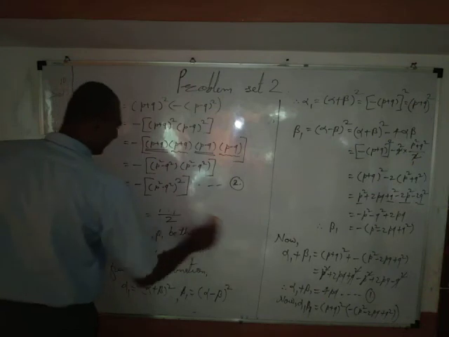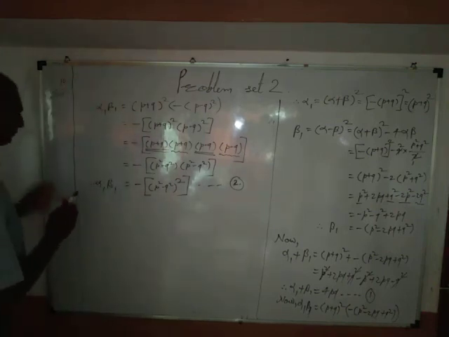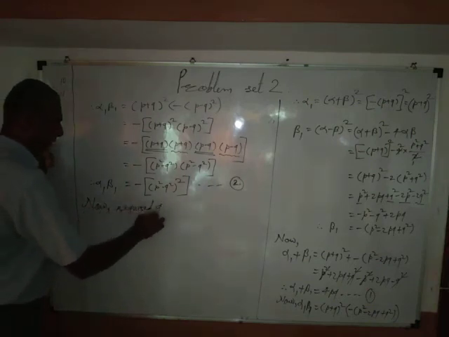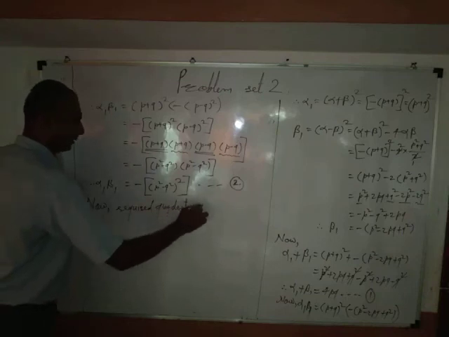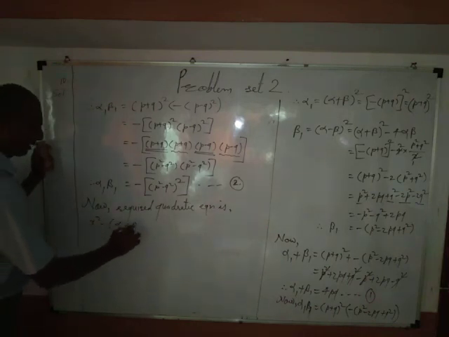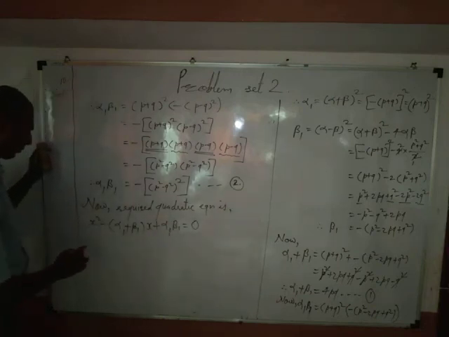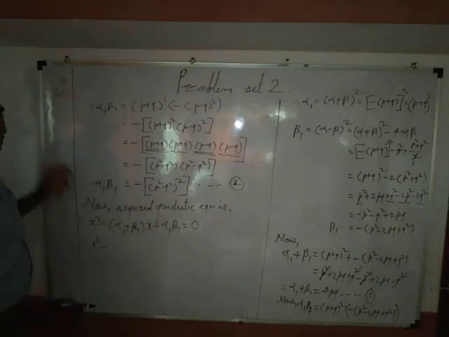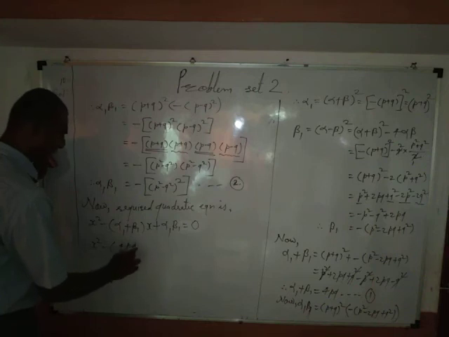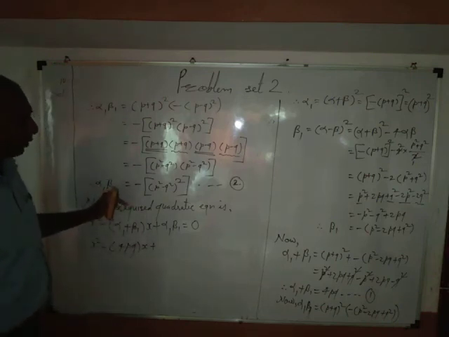Now the required quadratic equation is x square minus in bracket (alpha 1 plus beta 1), bracket close, into x plus alpha 1 beta 1 equal to 0, and therefore x square minus, the value of alpha 1 plus beta 1 is 4pq, bracket close, into x plus alpha 1 beta 1,